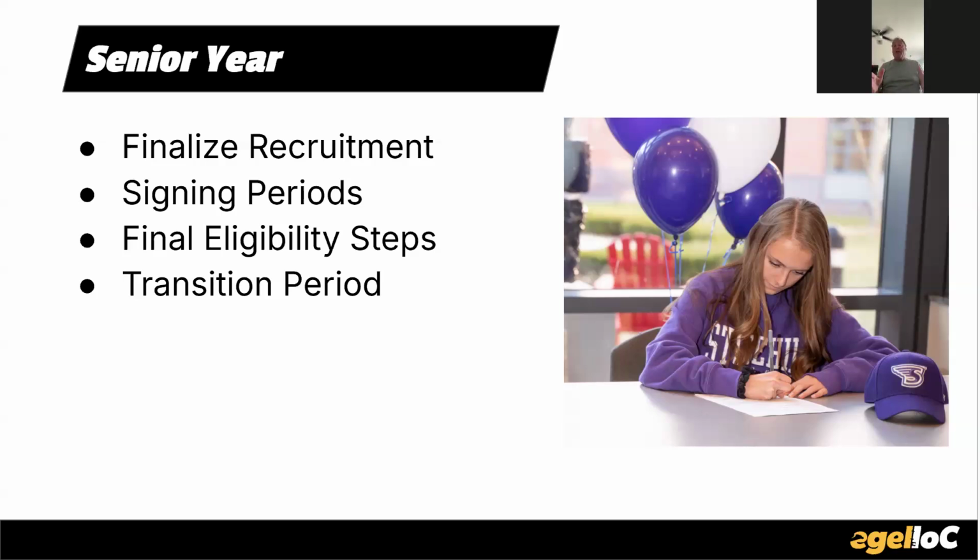From an athletic standpoint, it doesn't mean all those schools are going to want you as a player for their university. So our job is to continue to work while they try to figure out who they're going to add to their rosters. There's an academic part, there's an athletic part, and there's a combination. It's tricky, and that's why 80% of student athletes don't commit until between May 1st and July 31st of their senior year.